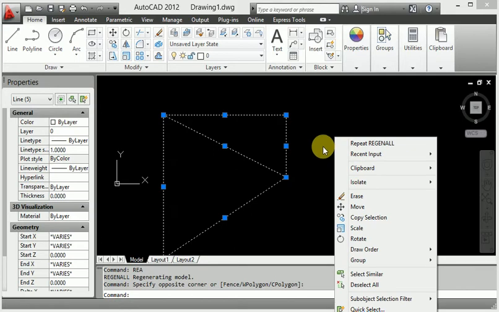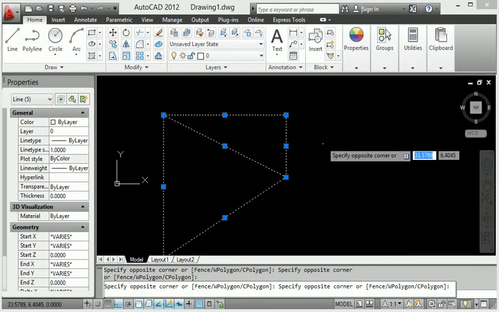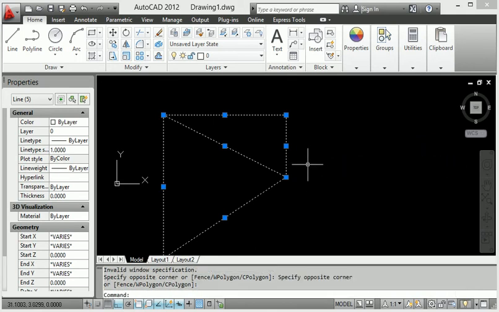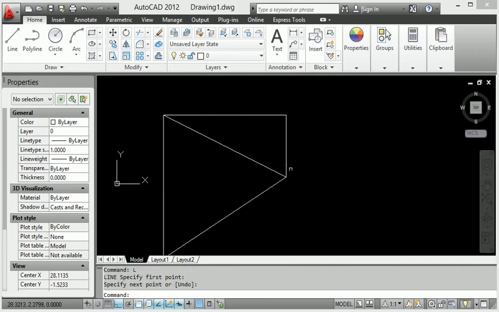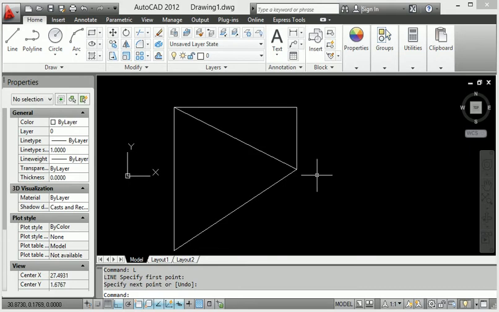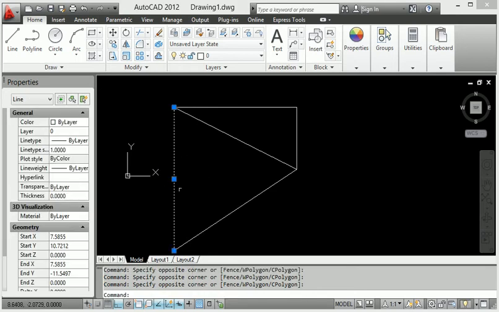Look at this. This is our simple object here. If I select this line, this is an individual selection. I want this line selection, this is individual.